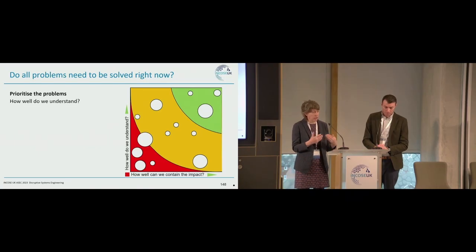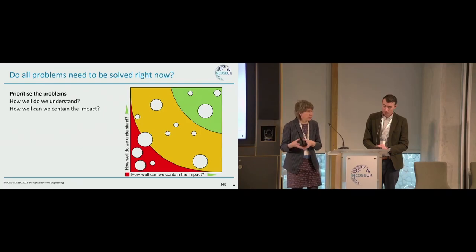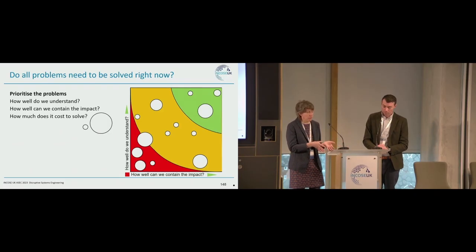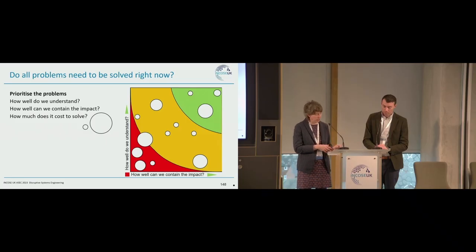We can do that fairly systematically. We can look at how well we understand the problem, how well we understand whether there are conflicts and the potential range of solutions. We can look at how well we can contain the impact of resolving this problem now or resolving it later. And we can look at what does it take to solve this problem at this point in time? Is this an efficient time to solve the problem? For example,